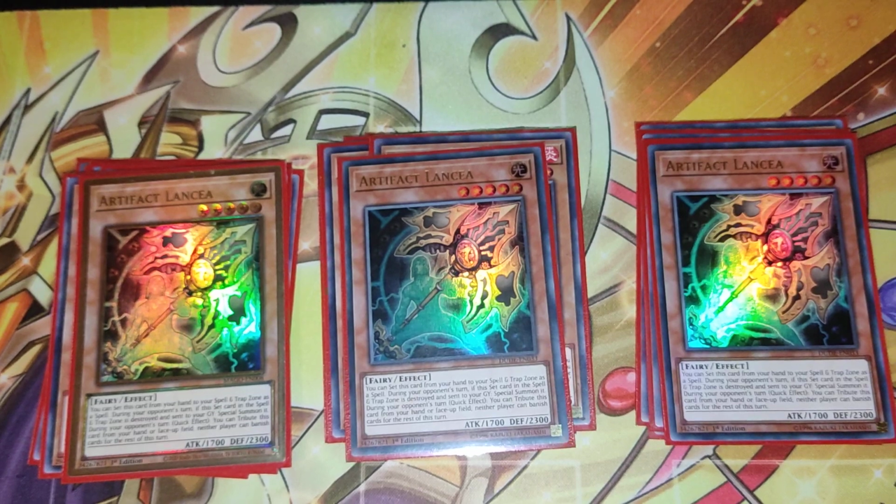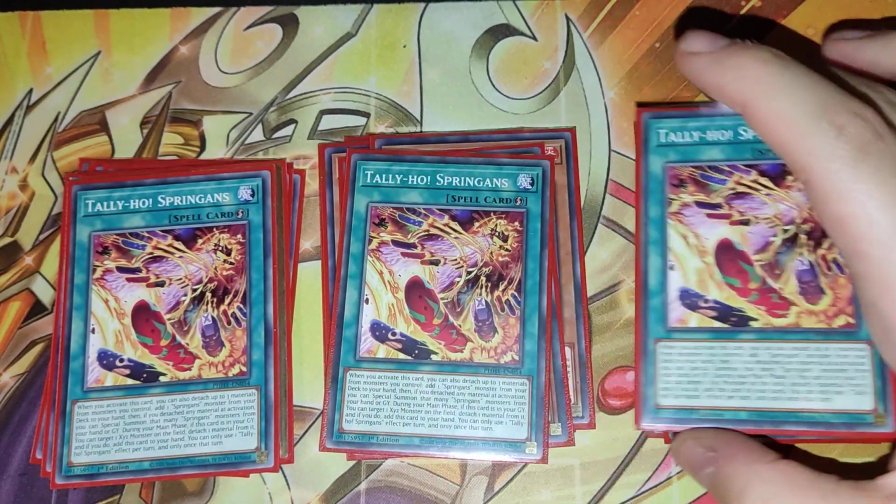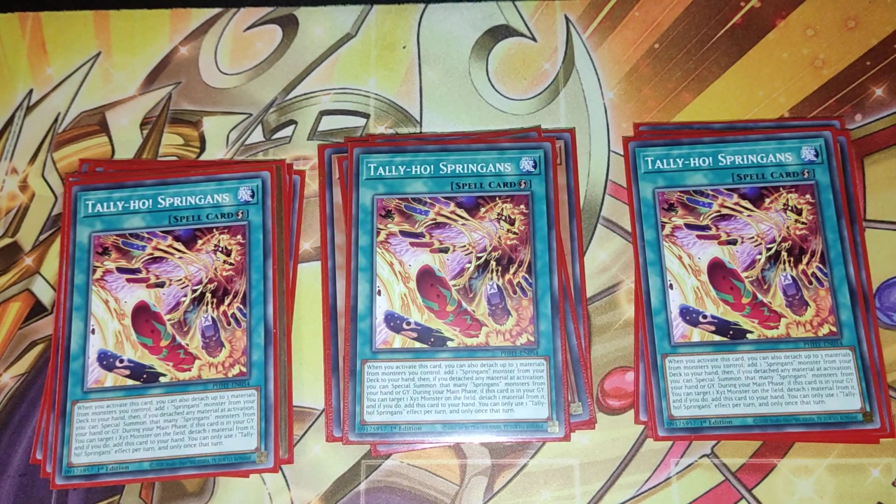This can be any other card, but I've showed off Lancier today because it's one of my personal favourite hand traps of all time, and yeah, I quite like it. Now, for Tally-Ho Springans, this is...